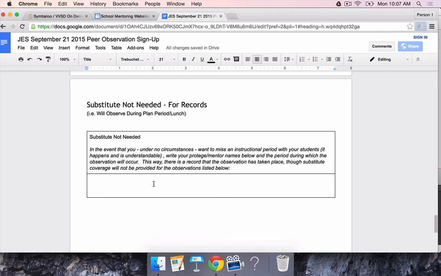Make sure that you record the incident that occurred on the date, and if it's on a different date, so this sheet says September 21st. Let's say that you're a social worker and you observed your mentor working with a group on September 23rd. Then you would just simply type into the sheet September 23rd, 2015, I observed, and make sure that you identify who the I is.